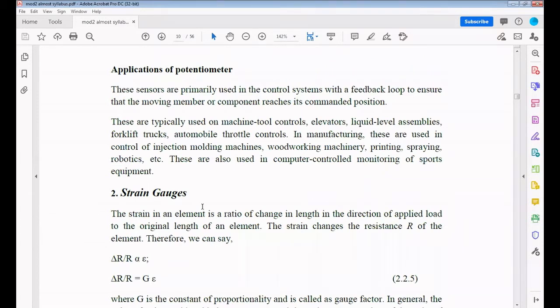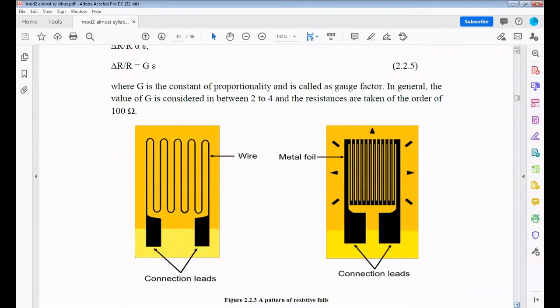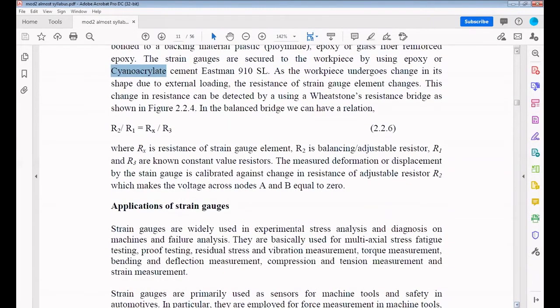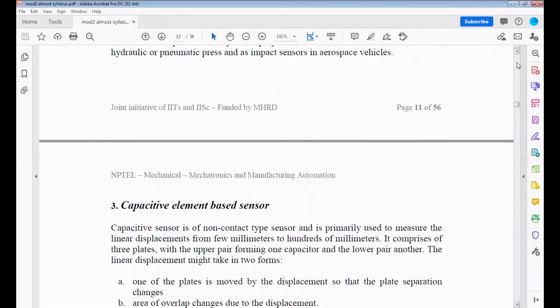Yes? Say yes or no, anyone? For electronic students, do you have an idea on strain gauge? Yes? Say yes or no, anyone? Yes, sir. Okay. So what actually is the use of strain gauge? It converts force, pressure. Force, pressure, okay, a little bit, but not exactly. Anyone? Okay, sir.